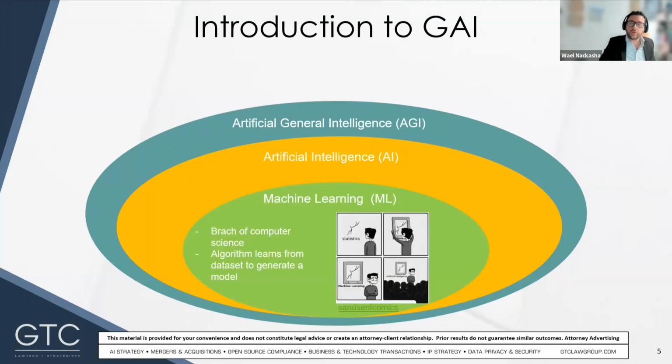Now we're going deeper into the funnel, and it's machine learning. AI is often confused with ML, or machine learning. ML is actually a method to achieve artificial intelligence for a task. So AI is a broad concept, and machine learning is just one technique to achieve AI. There are others, for example, logic programming or fuzzy logic.